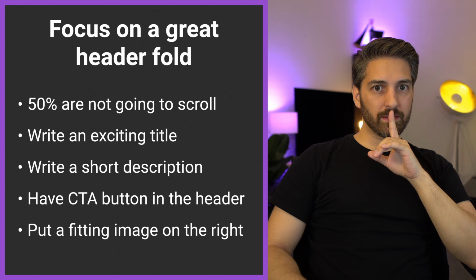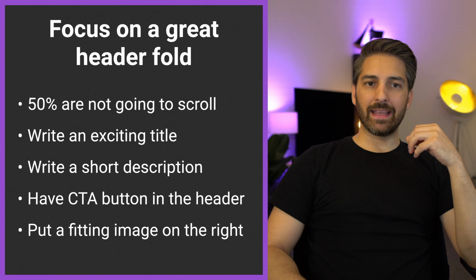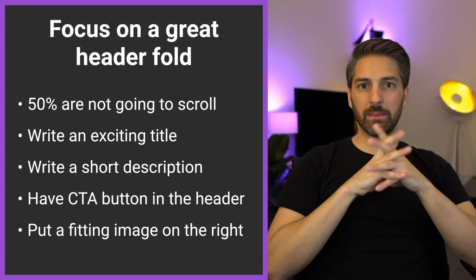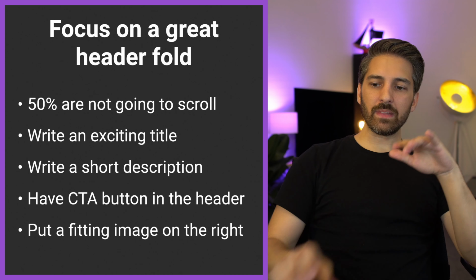If you do not write an exciting headline, a short description, and something that is catchy in the call to action, people will just leave your website. And